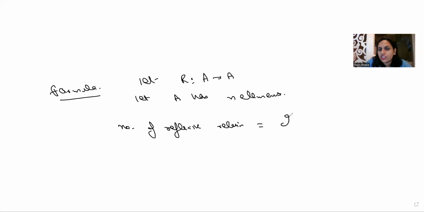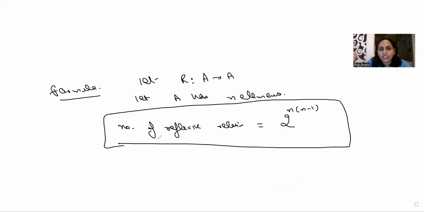The number of reflexive relations is given by the formula 2 to the power n into n minus 1. Now this question is not there in NCERT, but this is asked in the board exams. You will be given a set. Suppose a set A has 3 elements and you will be asked how many reflexive relations are possible on